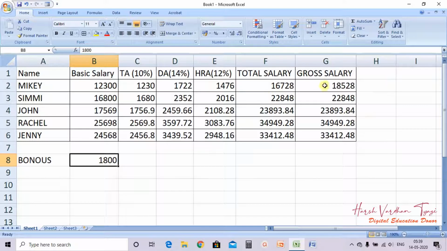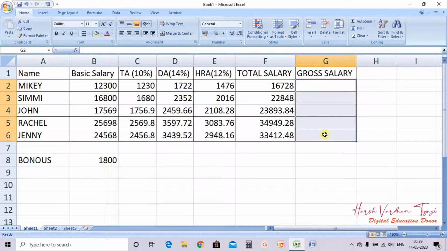So what we need to do here is apply the mixed reference. Now what is there in mixed reference? In mixed reference, either the column or the row will remain constant. Okay, now suppose when we write an address, this is H2.